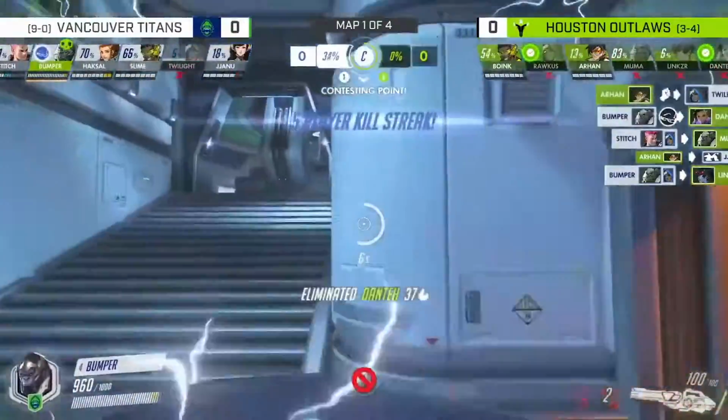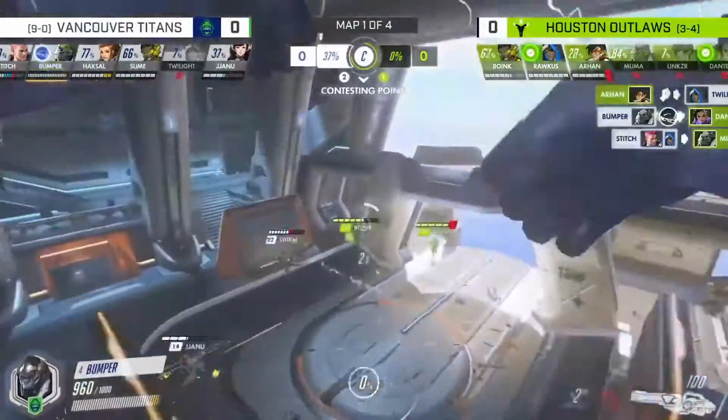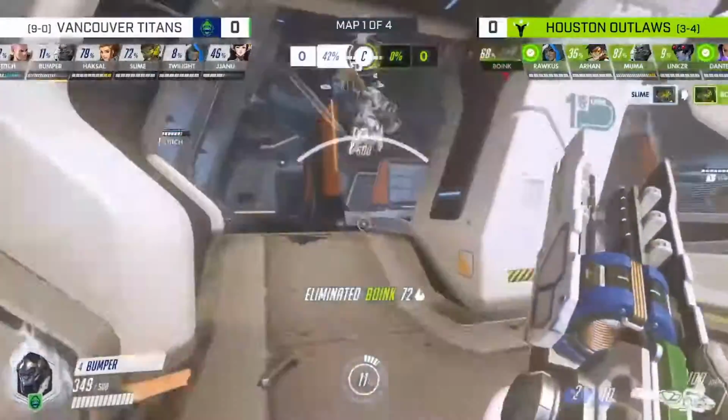However, as he was playing against what was essentially a dive composition, Stitch could not build enough energy to be useful in team fights. Throughout this stage of the map, he never exceeded 34 energy on Zarya. It turned out in the end that Houston began with the superior composition, and thus they won mecha base 100